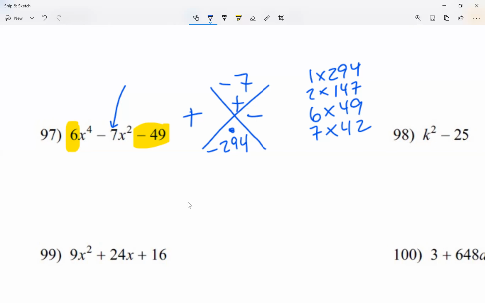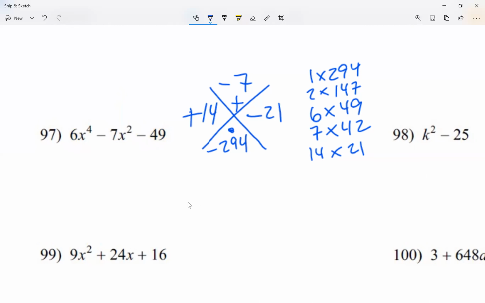After 7, notice how my list on the left, I keep on increasing. 1, 2. I tried 3, 4, 5. They didn't work. Then I have 6, 7. I tried 8, 9, 10, 11, 12, 13. They don't work. But then I have 14 times 21. 14 times 21 gives me 294. When I subtract this, it gives me 7. So that's where I'm going to stop. So it's positive 14, negative 21, right? The bigger number has to be negative. So nice. Now I found